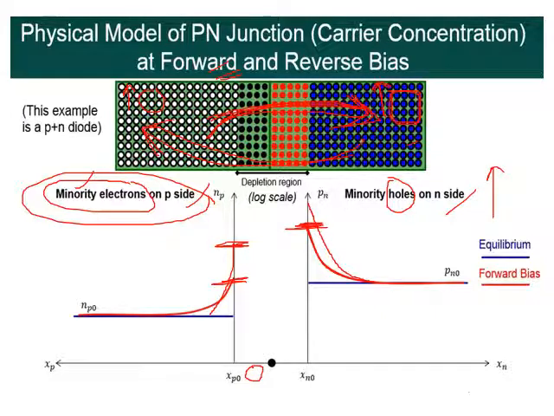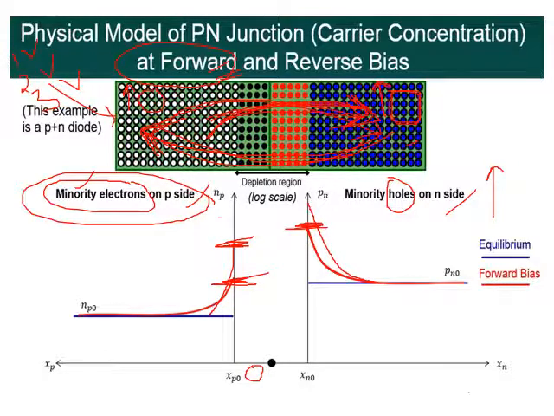If I increase the forward bias voltage, say initially I had given only 1 volt, and if I increase the voltage to 2 volts, what will happen? With more voltage applied, more holes will move to the other side, and more electrons will move to the other side. That means I am increasing the minority carriers in the PN junction. If I again increase the voltage, say 3 volts, a few more holes will come here, right? Comparatively a larger number of carriers will be moving. So this level depends on the voltage applied.